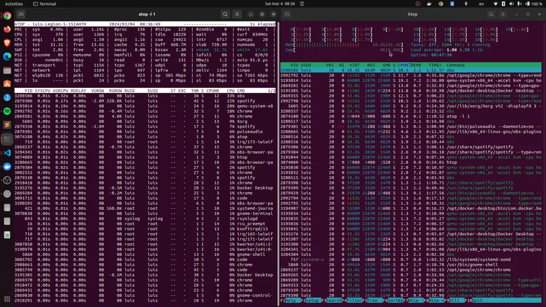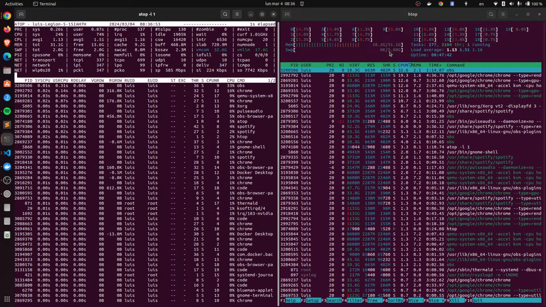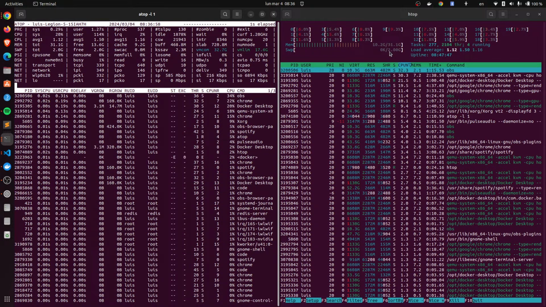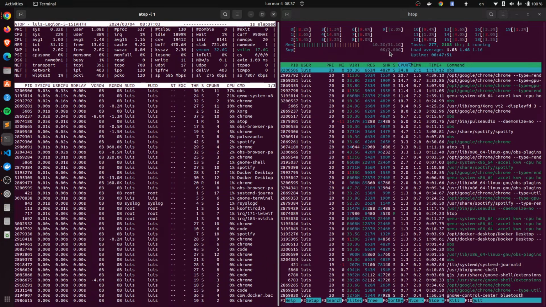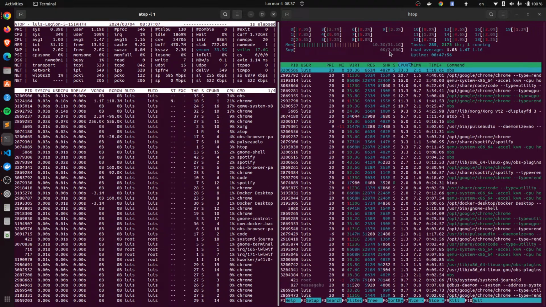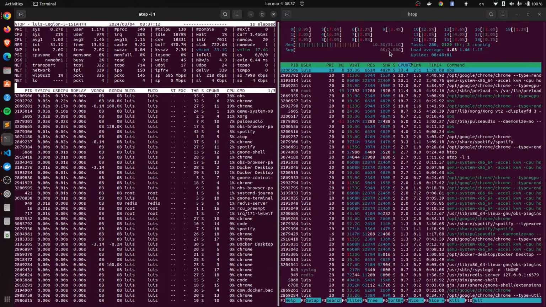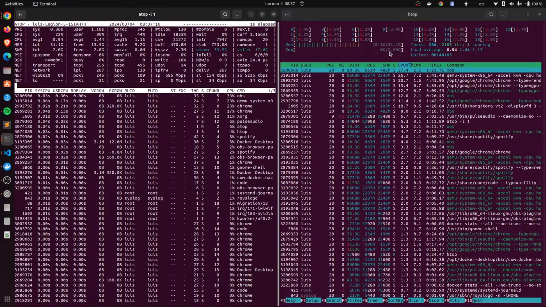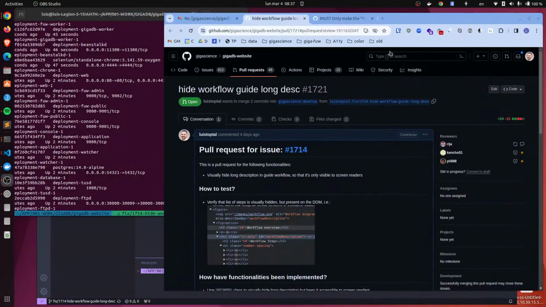In this case, the swap may not be optimal. I don't know if it matters, but it's not going to be optimal. I don't think it matters a lot. If I had to format this computer again, I would set the swap to maybe 4 or maybe 8, something more than 2. But again, it may not matter. Let's actually do some work.